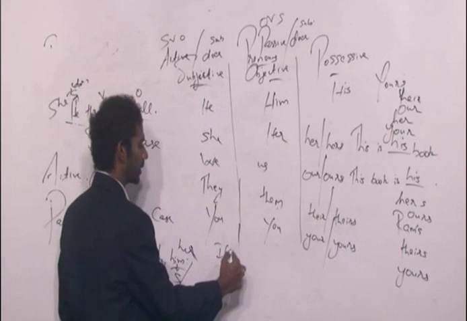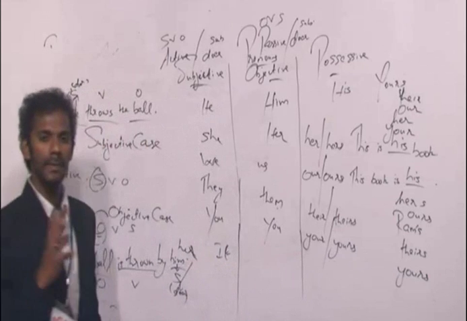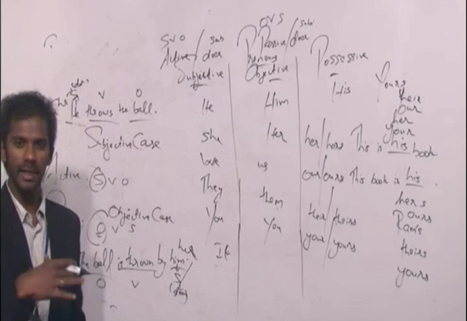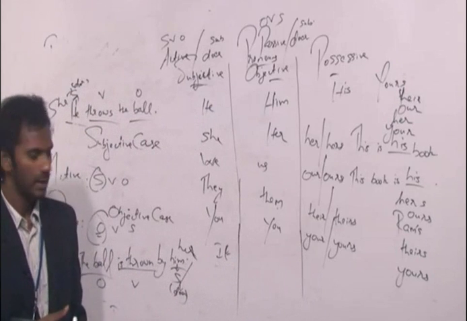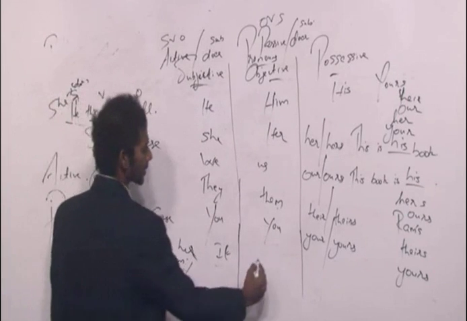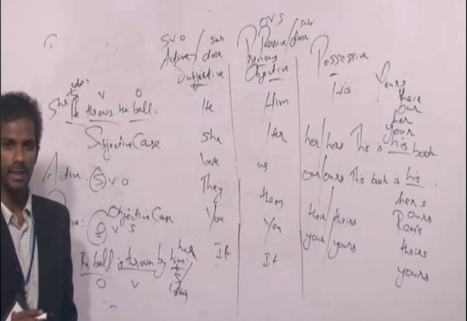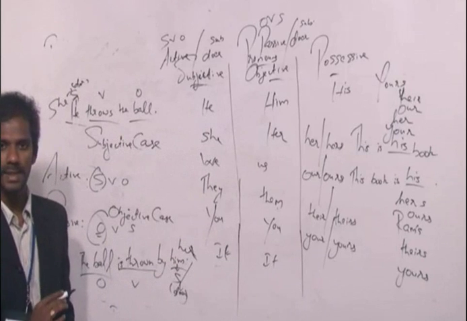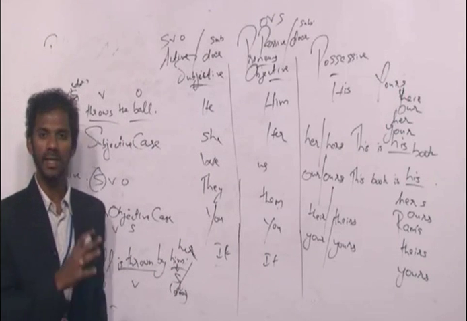It throws the ball. Now when we go to the park, sometimes there will be a machine that throws the ball, like a bowling machine. We play cricket out there. So the machine throws the ball. It throws the ball. The ball is thrown by it itself. So it is both subjective as well as objective. Based on the rules, identify whether the pronoun it in a sentence is subjective or objective. Clear?